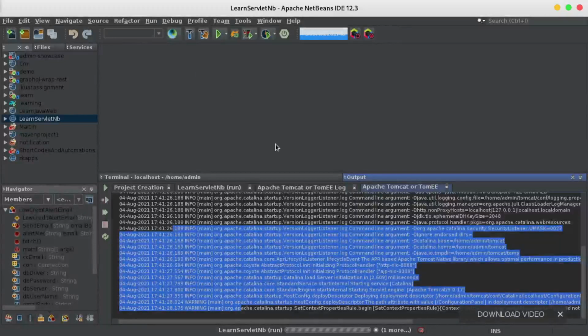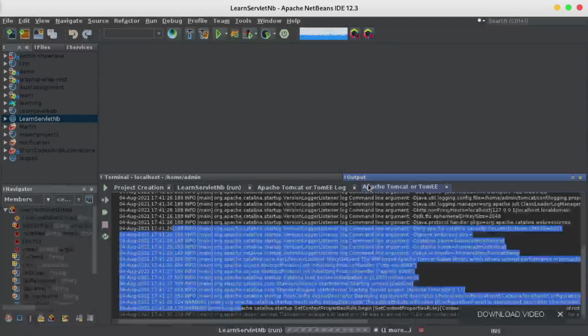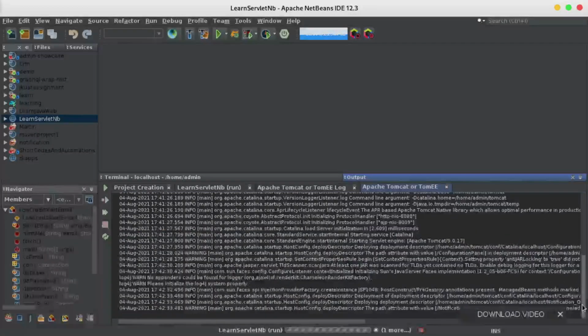We have two logs: this one for starting Tomcat, and this one, where errors will appear in case an error occurs. I hope our learning will be successful. It might even time out if it takes too long to start up.